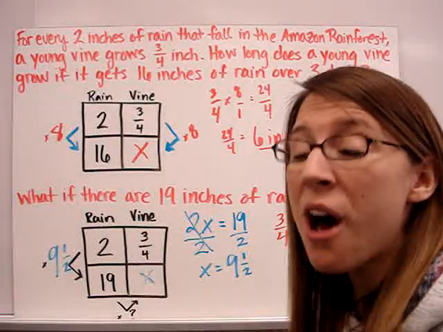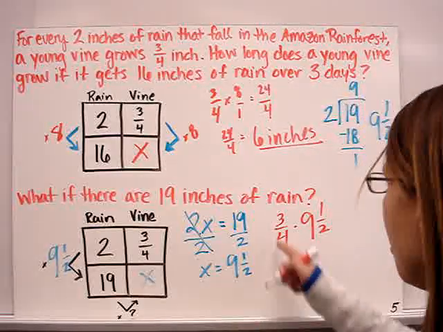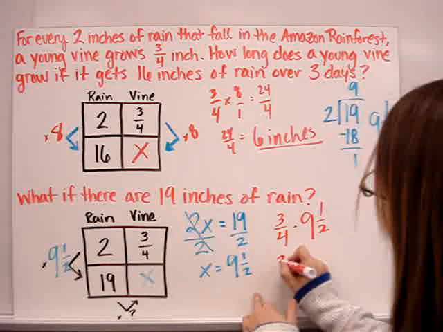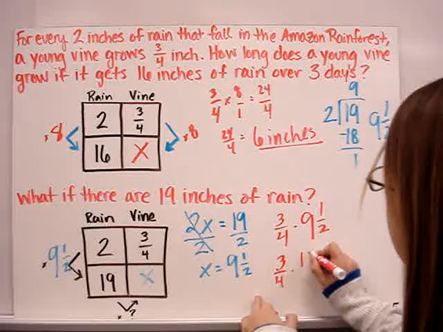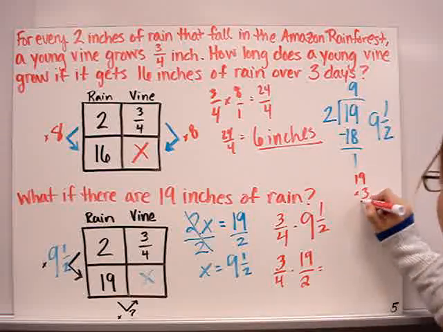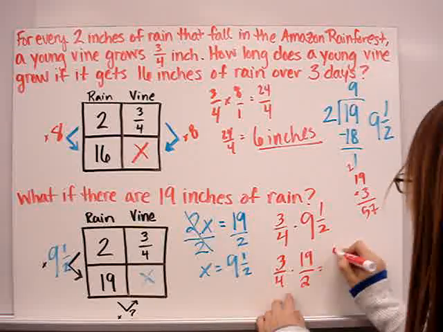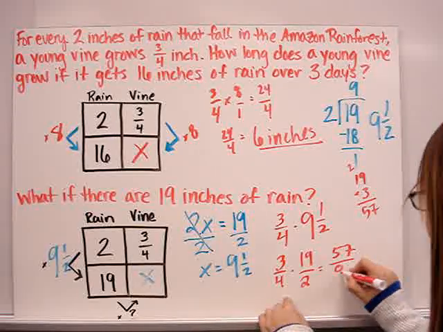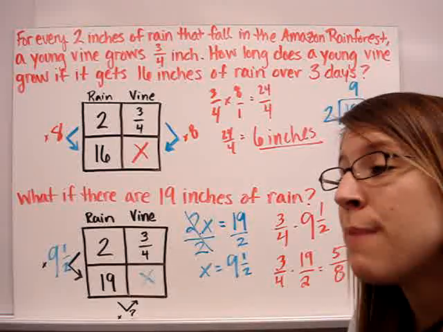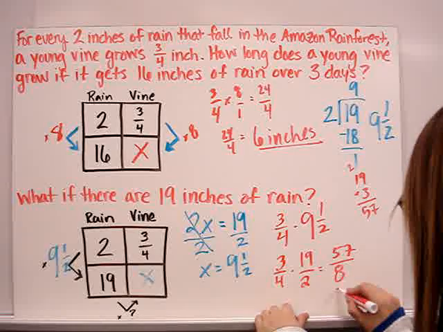So do you understand how important your fraction multiplication skills are here? 9 1/2, that's 18, 19 halves. We knew that already, actually. So 3/4 times 19 halves. 19 times 3, I'm not 100% familiar with that, so that's 57/8. 57/8. Well, I know that 56 divided by 8 is 7, and so that's going to be 7